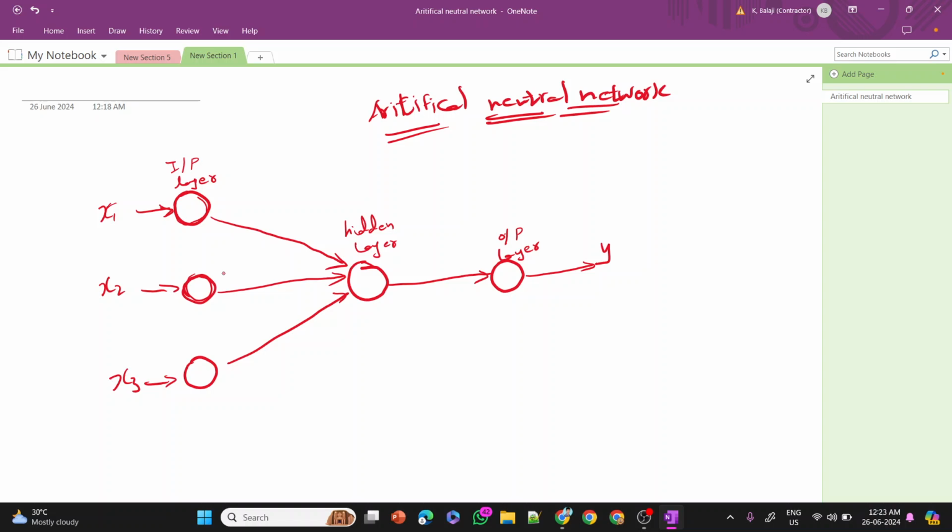Whenever we do any action, the neuron will give the information. For example, whenever you're thinking, the thinking things are stored in neurons. Whenever we do some action, that is controlled by the neurons in our brain. Like that, each neuron will store the information